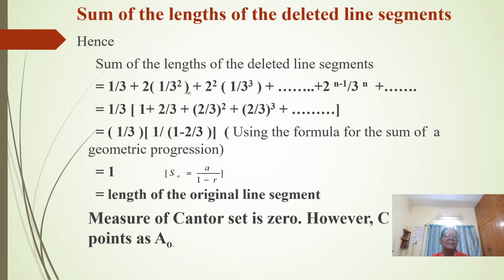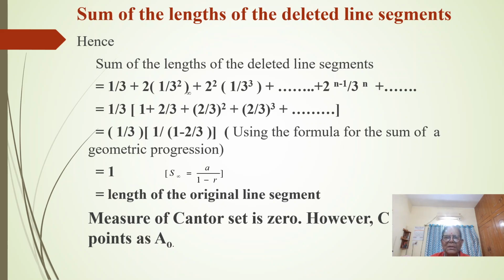So, the sum of the lengths of the deleted line segments will be the sum of all these, that is equal to 1/3 + 2 × (1/3)² + 2² × (1/3)³ + and so on, 2^(n-1)/3^n, plus it may go up to infinity. So we can take out 1/3 common, and we are getting 1 + 2/3 + (2/3)² + (2/3)³ + and so on. So this comes out to be 1/3 × 1/(1 - 2/3),